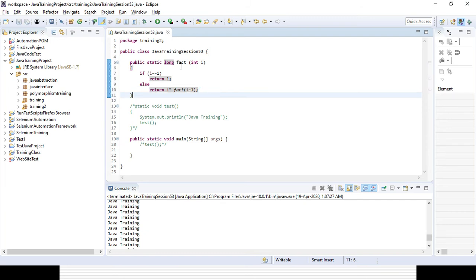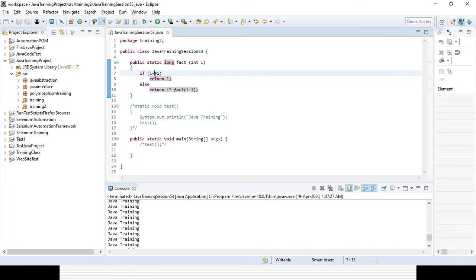Okay. So, factorial means, if you want to get the factorial of 5, say, how will it be calculated? 5 into 5 minus 1, that means 4, into 4 minus 1, that means 3, again 3 minus 1, that means 2, again 2 minus 1, like that, right? So 5 into 4 into 3 into 2 into 1. So that will be factorial for 5. So 5 into 4 equal to 20, into 3 equal to 60, 60 into 2 equal to 120, 120 into 1 equal to 1.